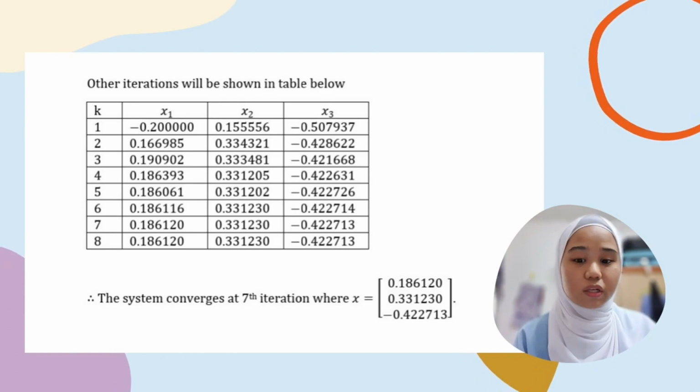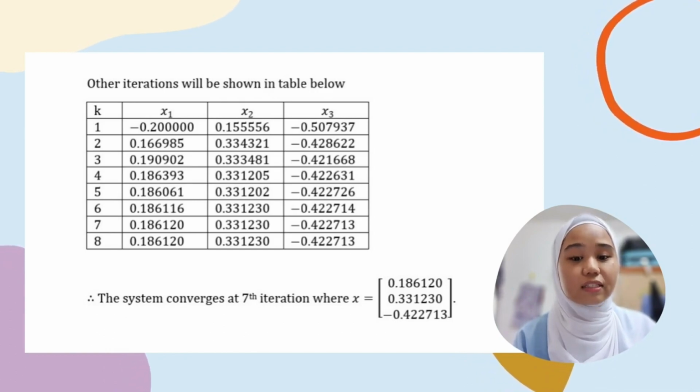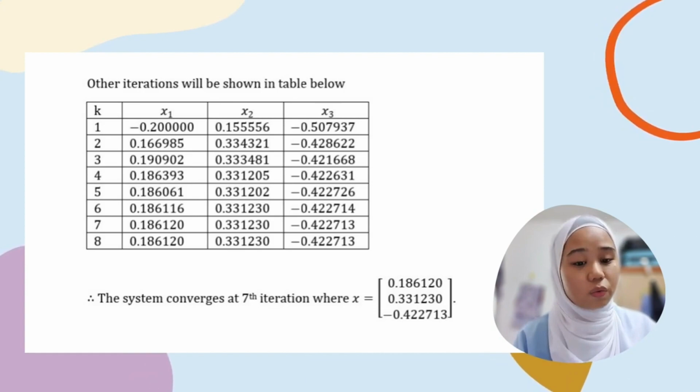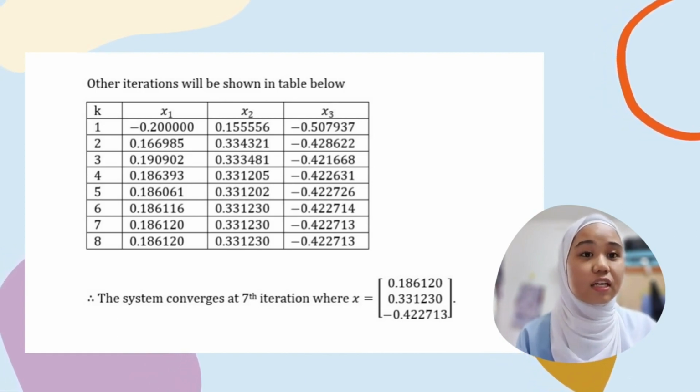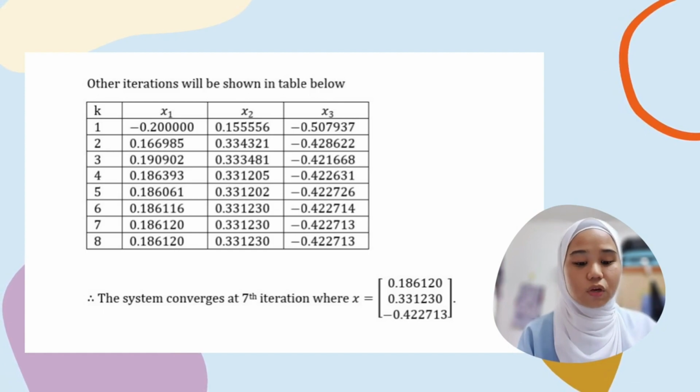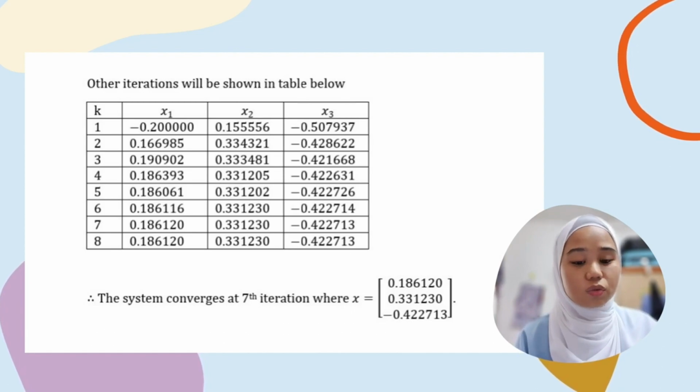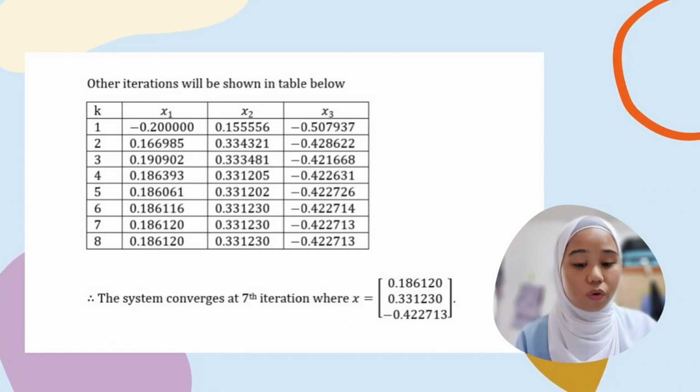We will repeat this step to find the next iteration until it converges. After it converges, we will stop looking for the next iteration. So for this equation, we will find that the system converges at the seventh iteration, where x is equal to 0.186120, 0.331230, and